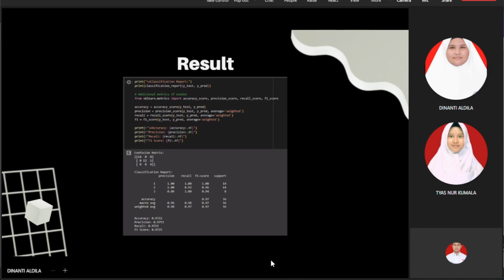Okay, thank you, Dinanti. So for the result, we are going to talk about the random forest. After this, I believe Dila is going to explain about the XGBoost. But first and foremost, let's talk about the result. First of all, before the tuning, with feature scaling, like Dila said, we got 97% accuracy, with precision, recall and F1 score high across all the classes, particularly for class 1. The confusion matrix indicates that class 3 had one false negative.